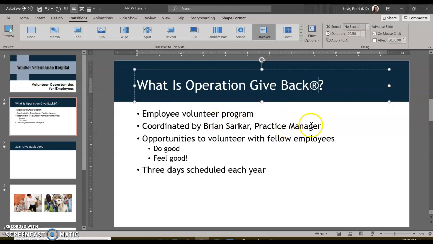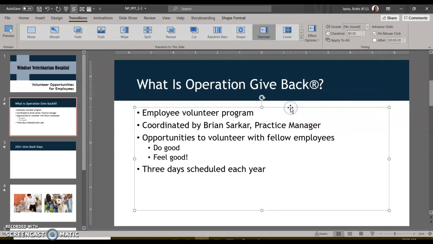So what is Operation Give Back? So we know that that's a registered trademark. You can do that with a copyright as well, and I think that's what we did in our Word module: we did an open parenthesis, lowercase c, closed parenthesis, and then it formatted it to a copyright symbol. Same concept. Okay. So what we're going to do now is we are going to click the text box or